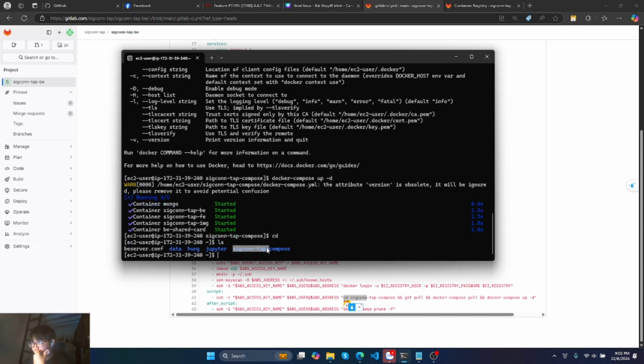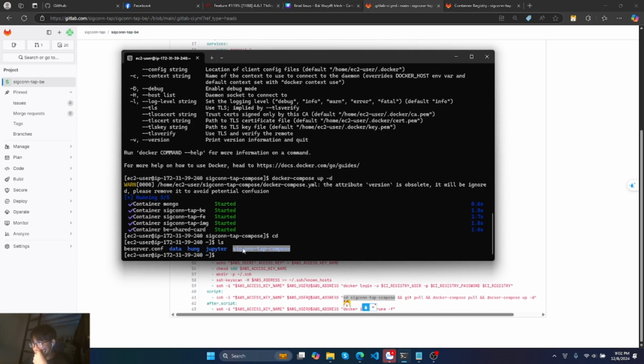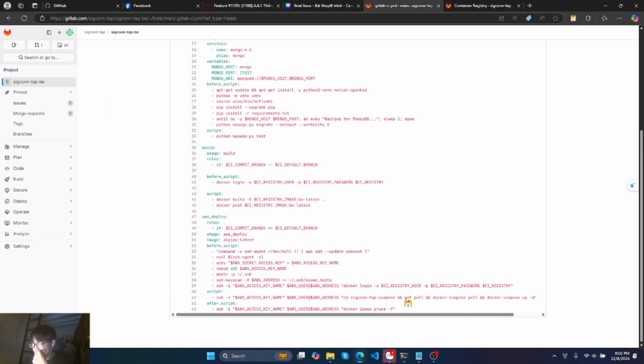Now we prepare a second tab compose local repository in our AWS instance, and the GitLab runner will cd to the repository second tab compose, and run git pull for pulling the latest version of the second tab compose repository,